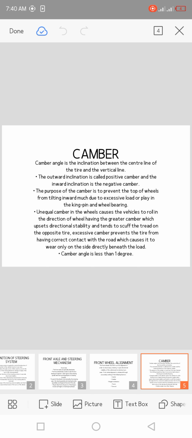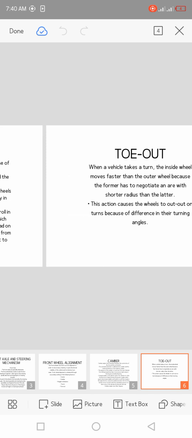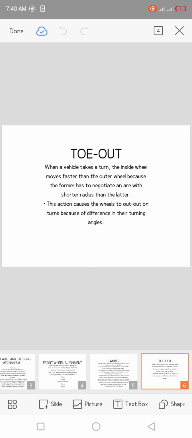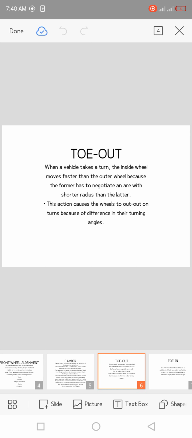Camber angle is then done. It should be less than 1 degree. Okay, toe: when the vehicle turns, the inside wheel moves differently from the outer wheel,